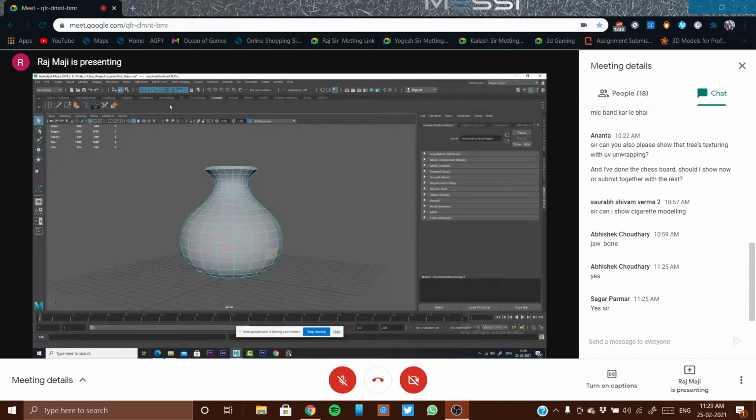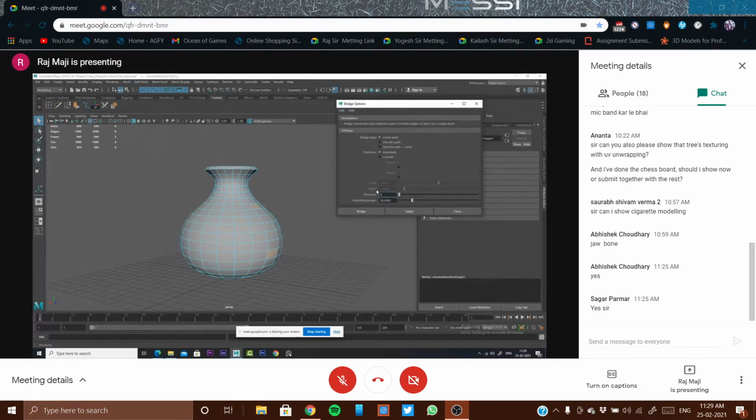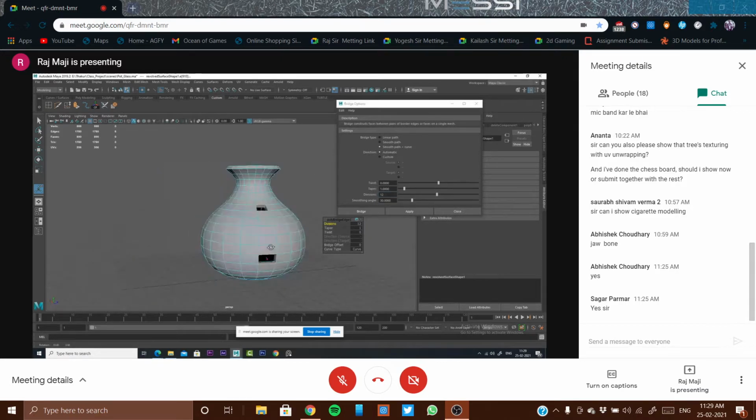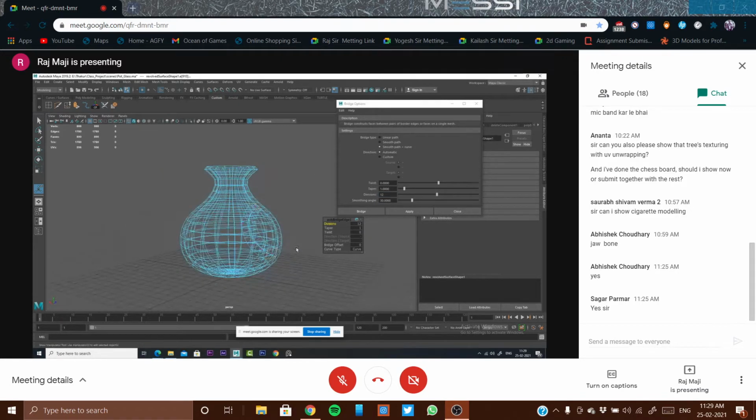Okay, so I don't know if it will be successful, but just thought of it. Smooth path with a curve and divisions, let's say around 12 divisions, and apply. So you can see I have created the bridge.